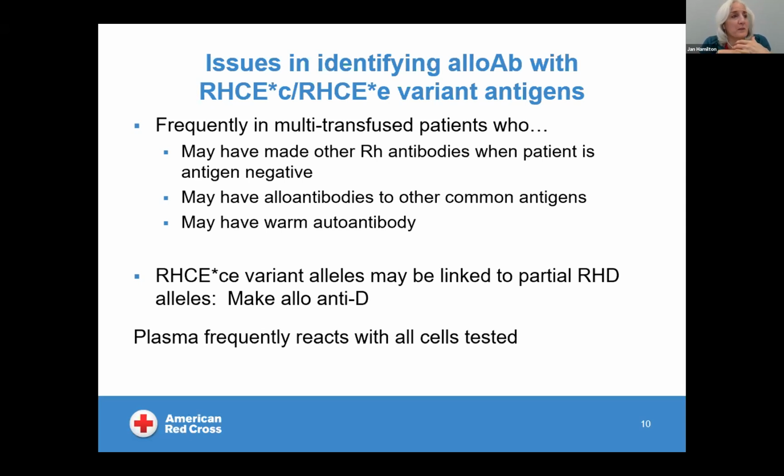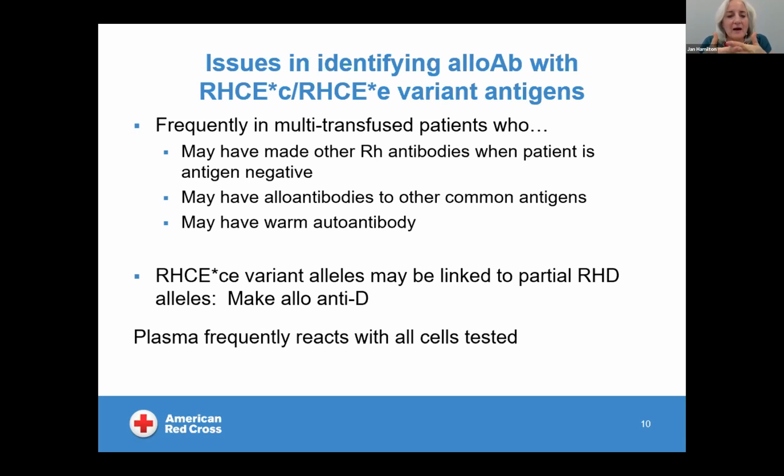The sickle cell patients that we work with frequently may have warm autoantibodies, and so that complicates sorting through and seeing what the specificity of the variant c or e antigen related alloantibodies is. And then when the Rhce c variant alleles are linked to a partial D allele, and the patient has also made an allo anti-D, which you wouldn't necessarily be expecting from just their routine phenotyping, then it just increases in